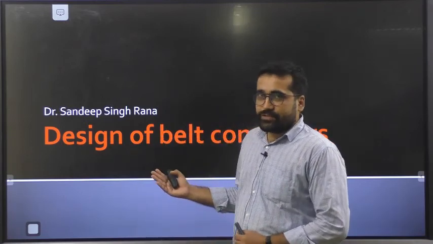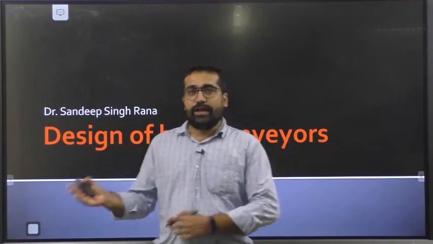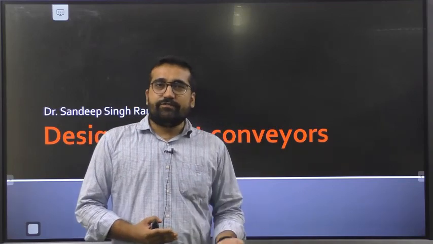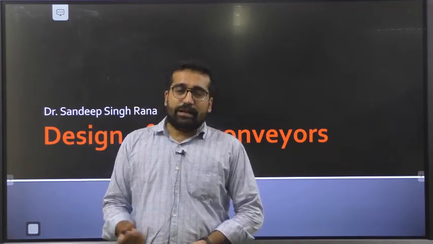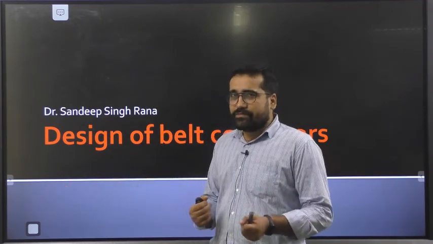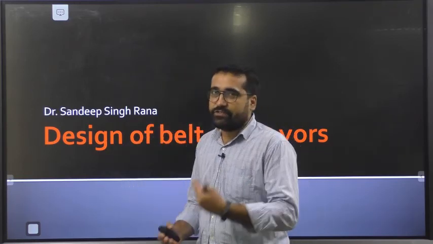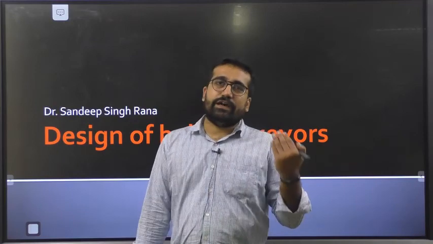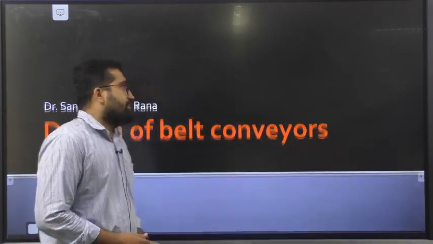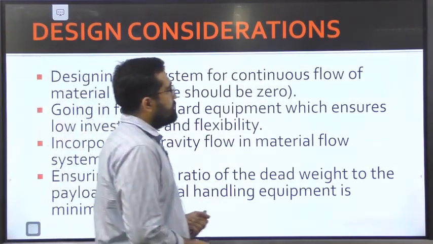So conveyors, as we know, are used to convey food materials or any produce from one end to another end. Sometimes it can be vertical conveying or horizontal conveying. Belt conveyors are mostly used for horizontal conveying, or it can be used for inclined conveying, but the efficiency of a belt conveyor will reduce as we are conveying on an incline. So in the design of belt conveyor we will first see the introduction to belt conveyor. What is a belt conveyor?